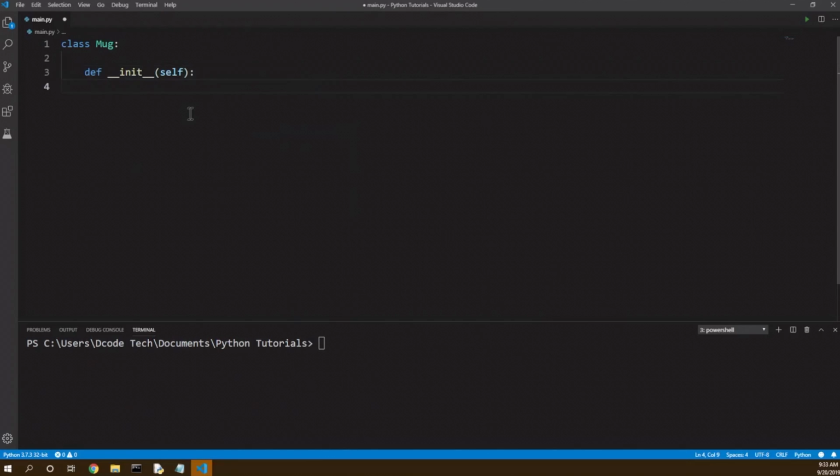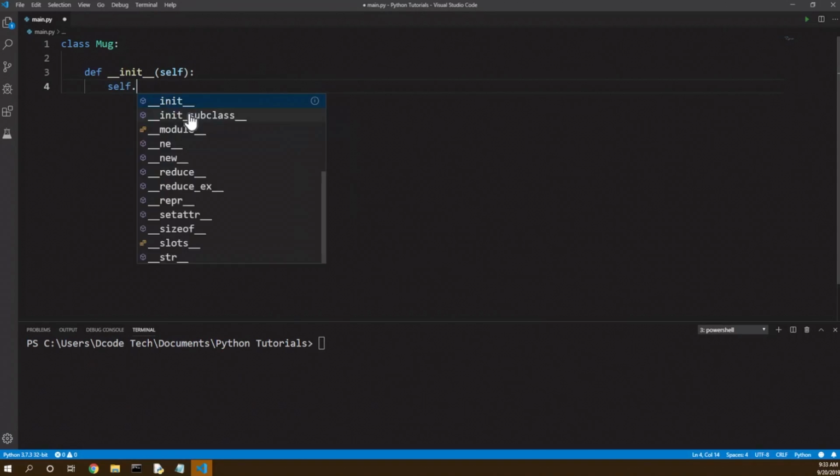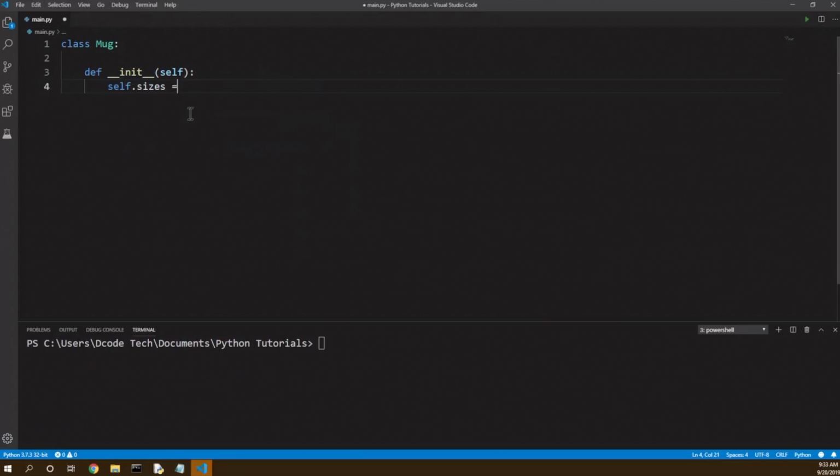Now, what are some things we might need for a mug? Well, how about the size of a mug? We might have a small, medium, and large size mug. So let's make an attribute called self.sizes. And then we'll assign this to be, how about a dictionary? Now let's map sizes like small, medium, and large to integers to indicate how many fluid ounces this cup can hold. So for example, small gets an integer value of, how about 6 fluid ounces,